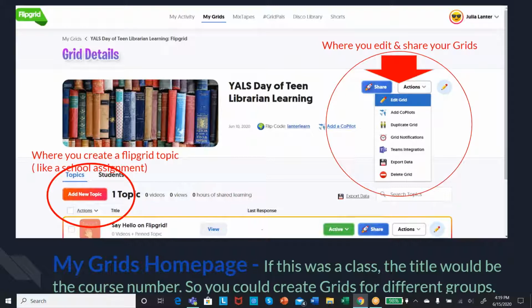The way I like to think of Flipgrid is because it's education-based, you have a grid for a specific subject matter. So say I was making a Flipgrid for a book group. You would have like the 6th grade book group would be the name of your grid, and then your topic would be the individual books that you were reading, like To Kill a Mockingbird. So say I wanted to make it To Kill a Mockingbird book Flipgrid, I would click on Add New Topic